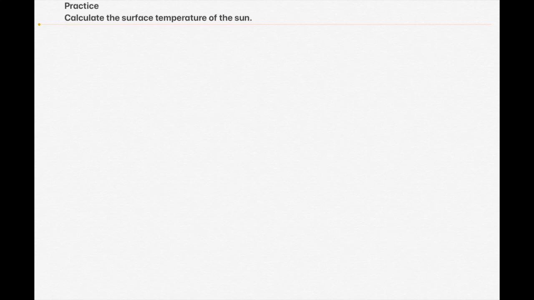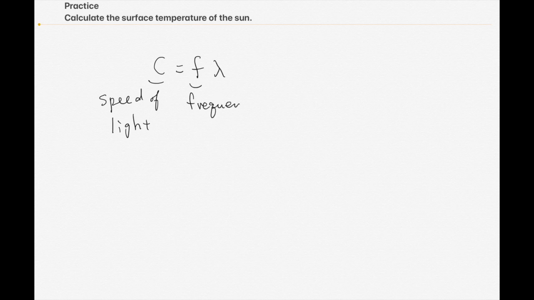The sun emits light with various wavelengths. When you know the wavelength of light, you can calculate the frequency of the light using the formula c = fλ. c is the speed of light, f is frequency, and λ is the wavelength